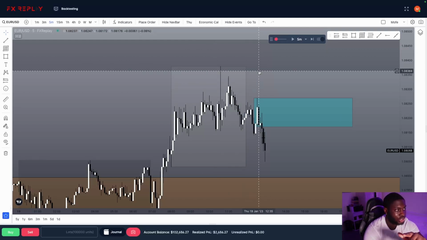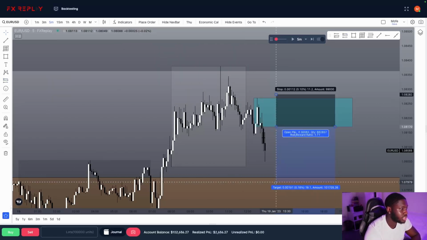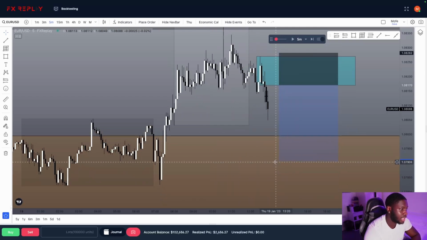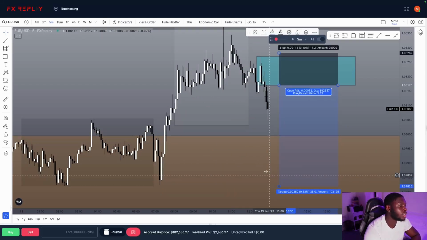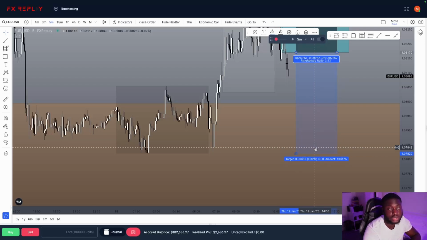But that's kind of far away, so you don't really have to bother about that. So technically, this is a completely valid trade. What's the risk to reward on this looking like? It's looking kind of bleak. The only time I would expect you to aim deep into the fair order block is if you're expecting it to be disrespected.